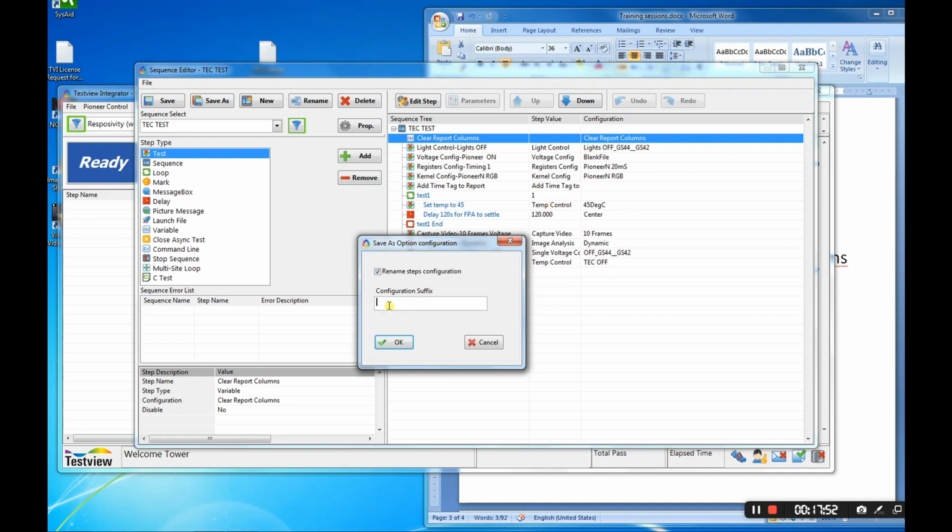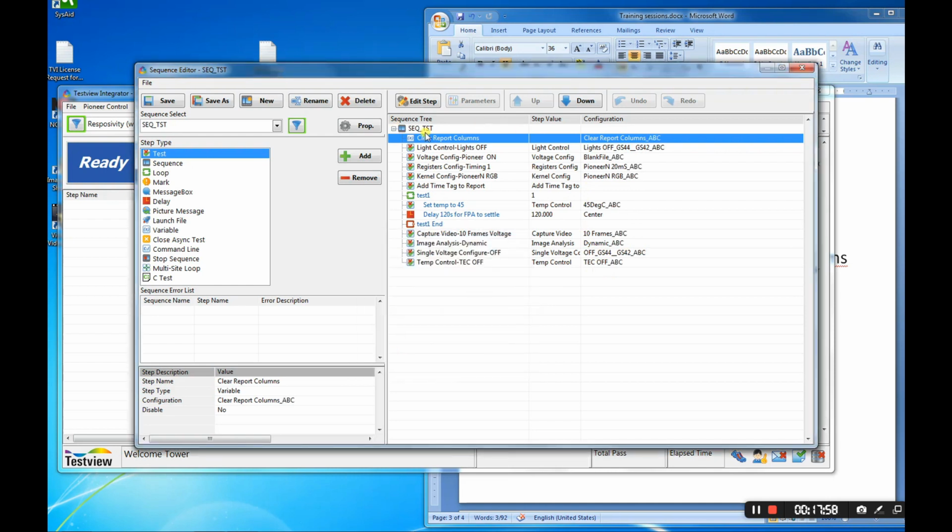I can put here any name, let's say ABC, and you'll see that my new sequence test has given all the specific test parameters the extension ABC.